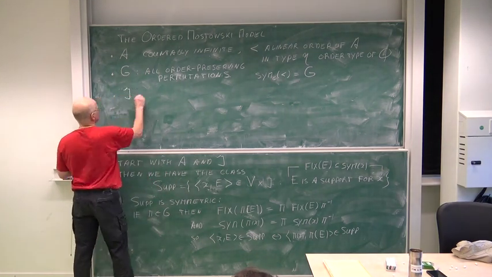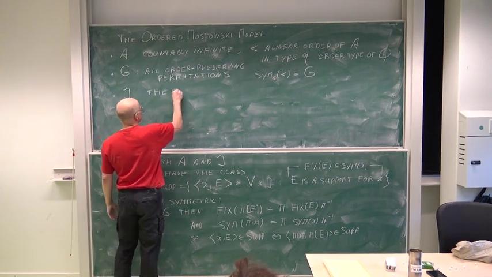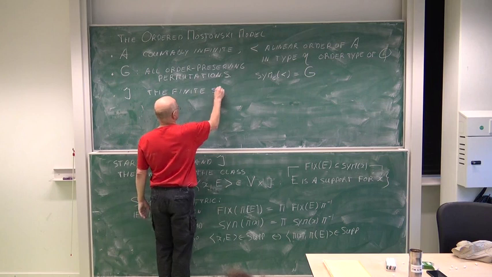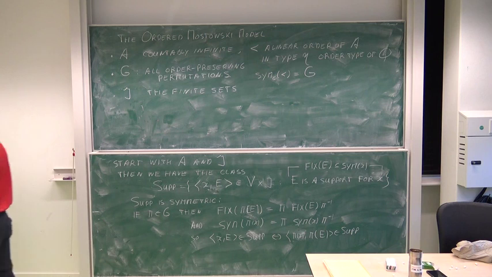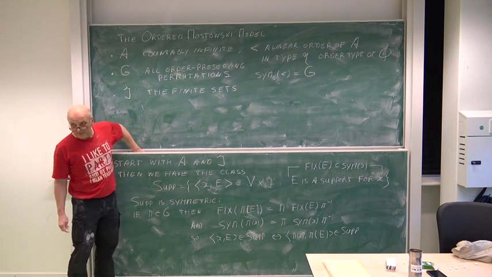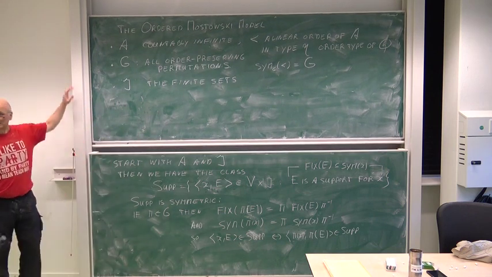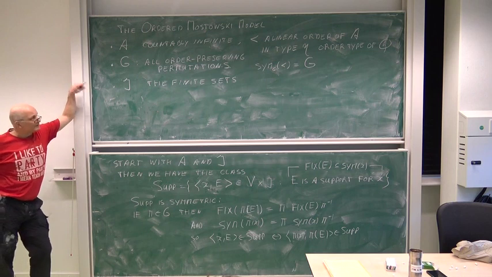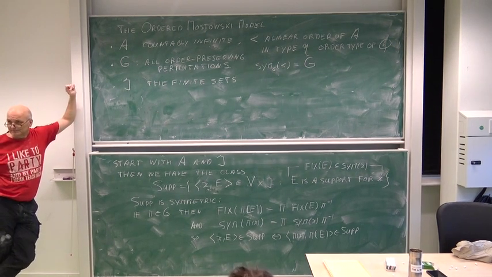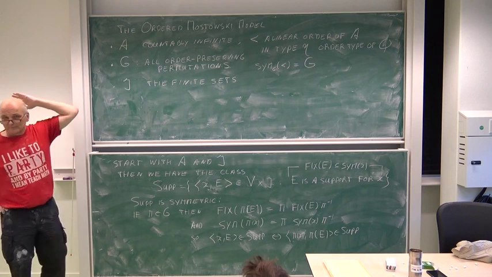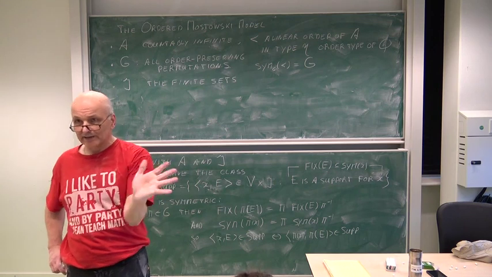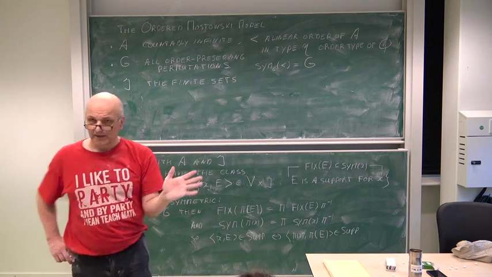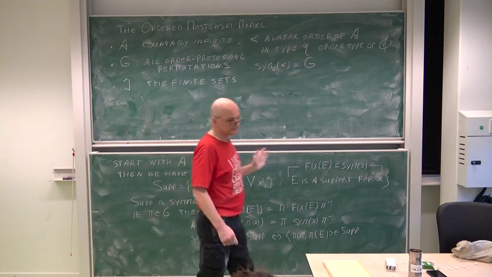The ideal is very boring, but we only do the finite sets again. I'll see if I can find examples where there is something more exciting going on, but most of the stuff that we've done here is just using the finite sets. This is it. We take the order-preserving bijections, we take the finite sets, and that will give us the model.